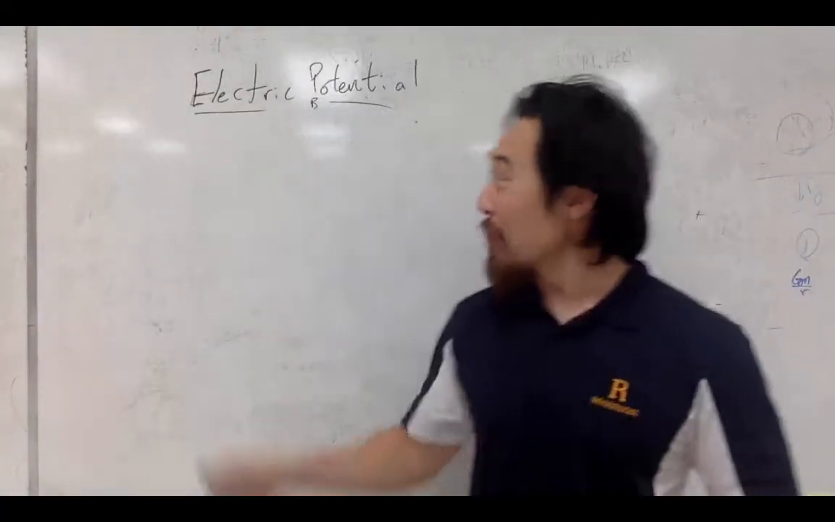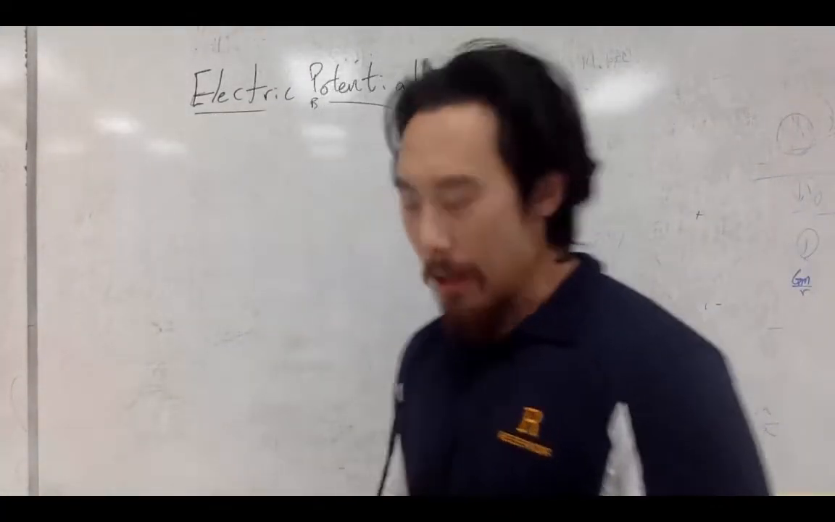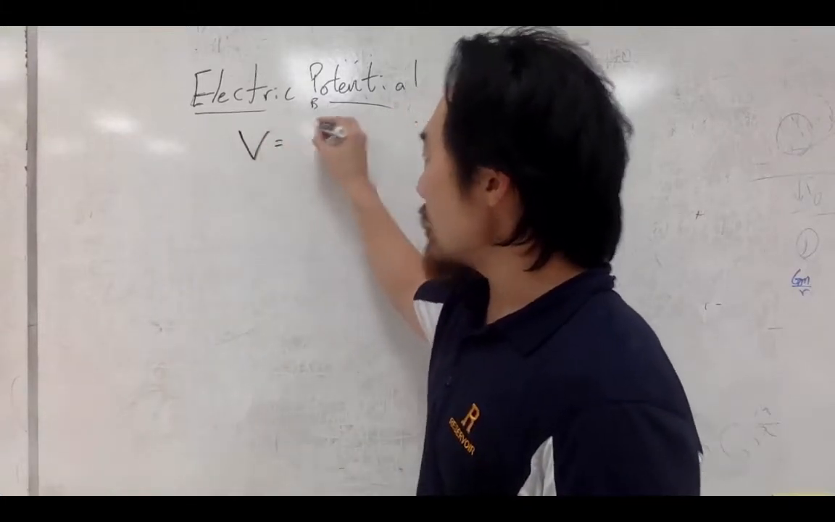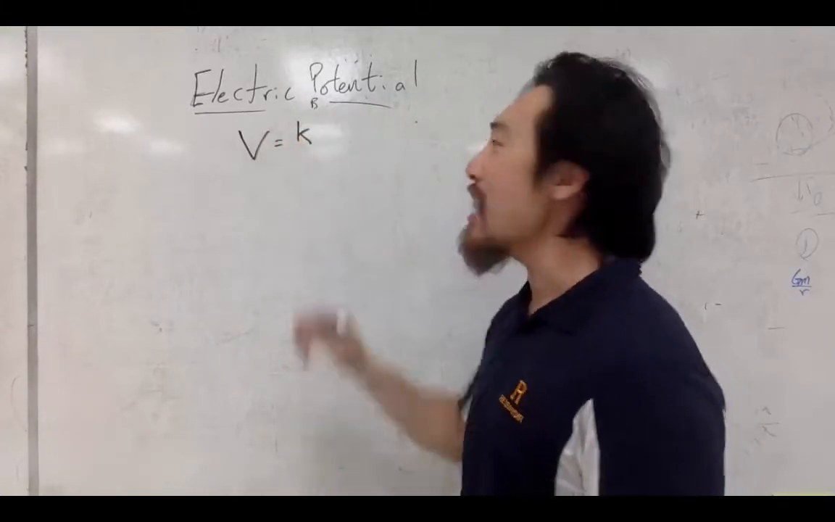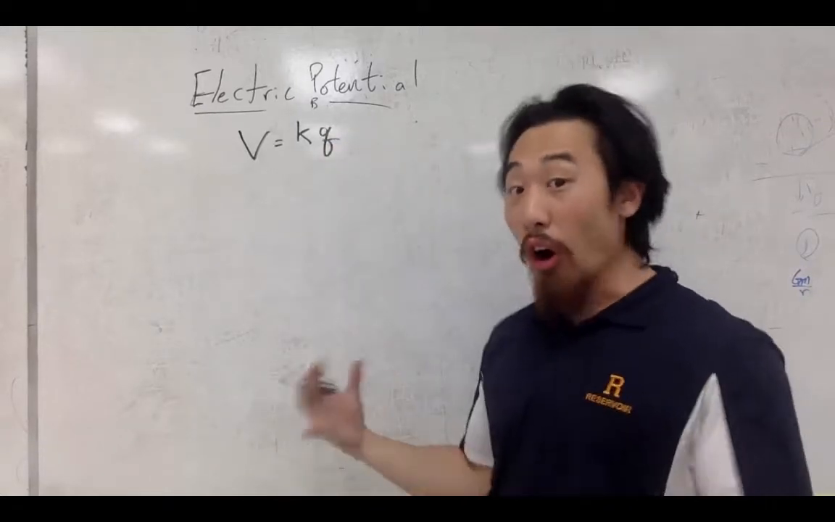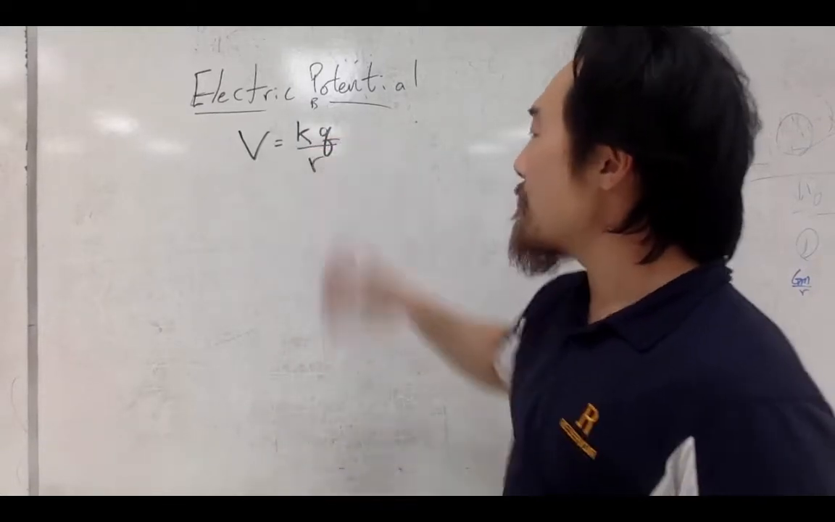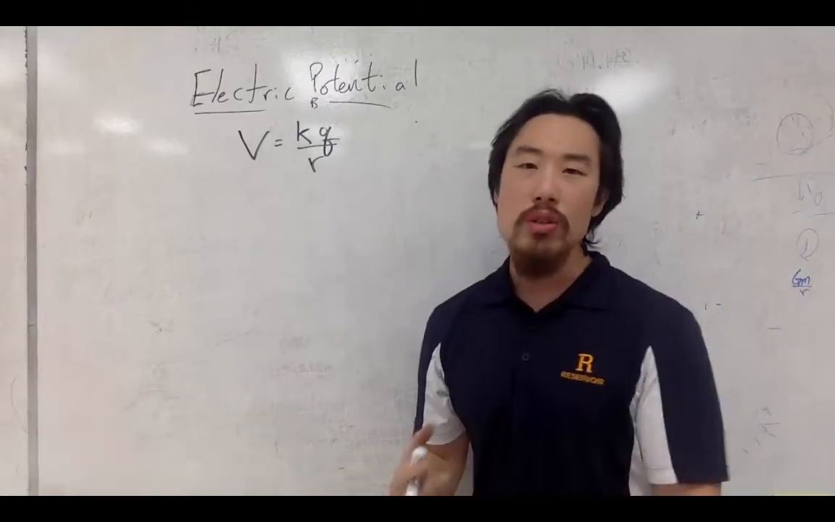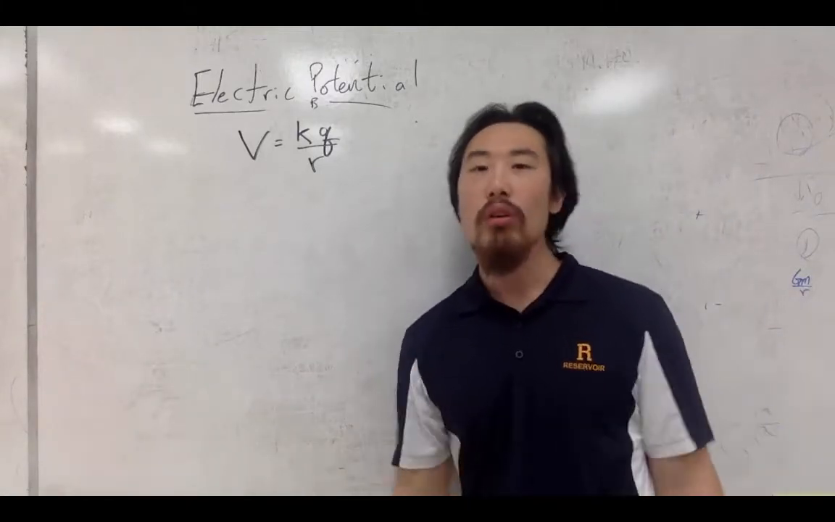Ladies and gentlemen, today we're going to learn about electric potential. Now, the equation for electric potential is V is equal to Coulomb's constant K times the charge that we are looking at, all divided by the radius. Now, that's the equation. Before we actually get into what the equation means and what the graphs might look like,